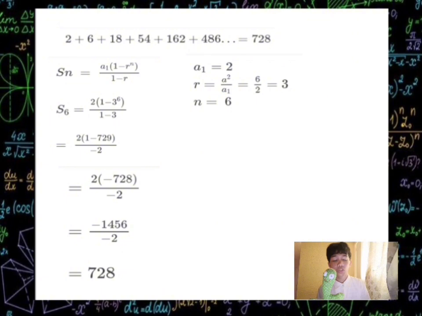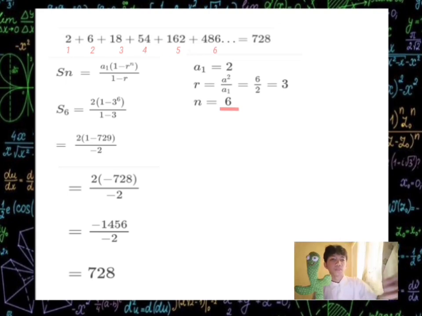Now that we have our common ratio, we can now use the formula and this will give us 2 times 1 minus 3 raised to 6. Again, 6 is our n and the n is the number of terms. We just need to count 1, 2, 3, 4, 5, 6. So that's why 6 is our n, over 1 minus 3,